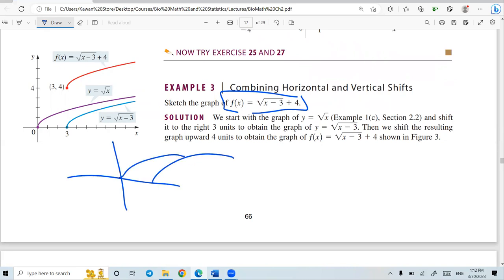Here's -3, here's +4. 4, 3, 4, and 3. I think it's easy, but you need to go step by step. Kindly, during the exam, do all steps for me. I mean by all steps, all